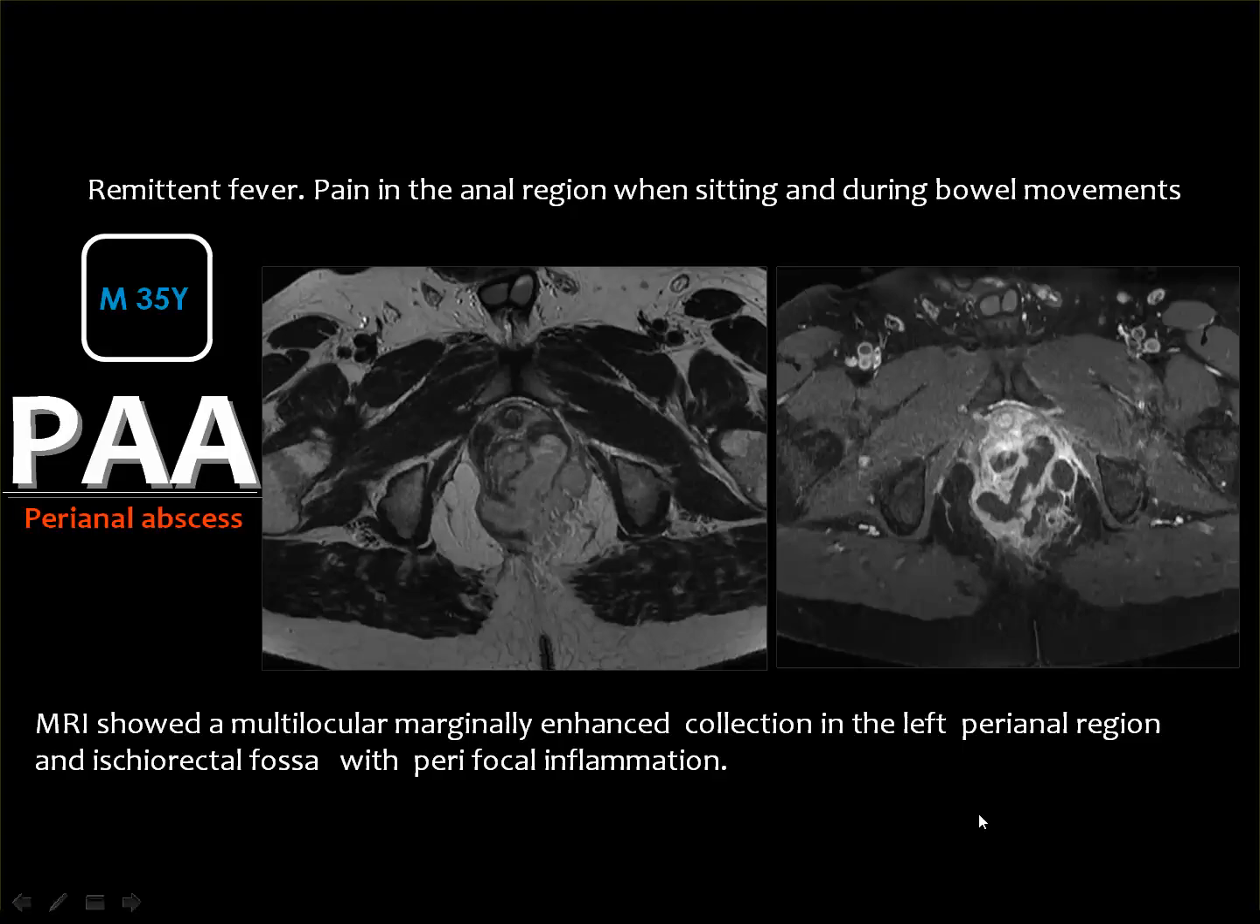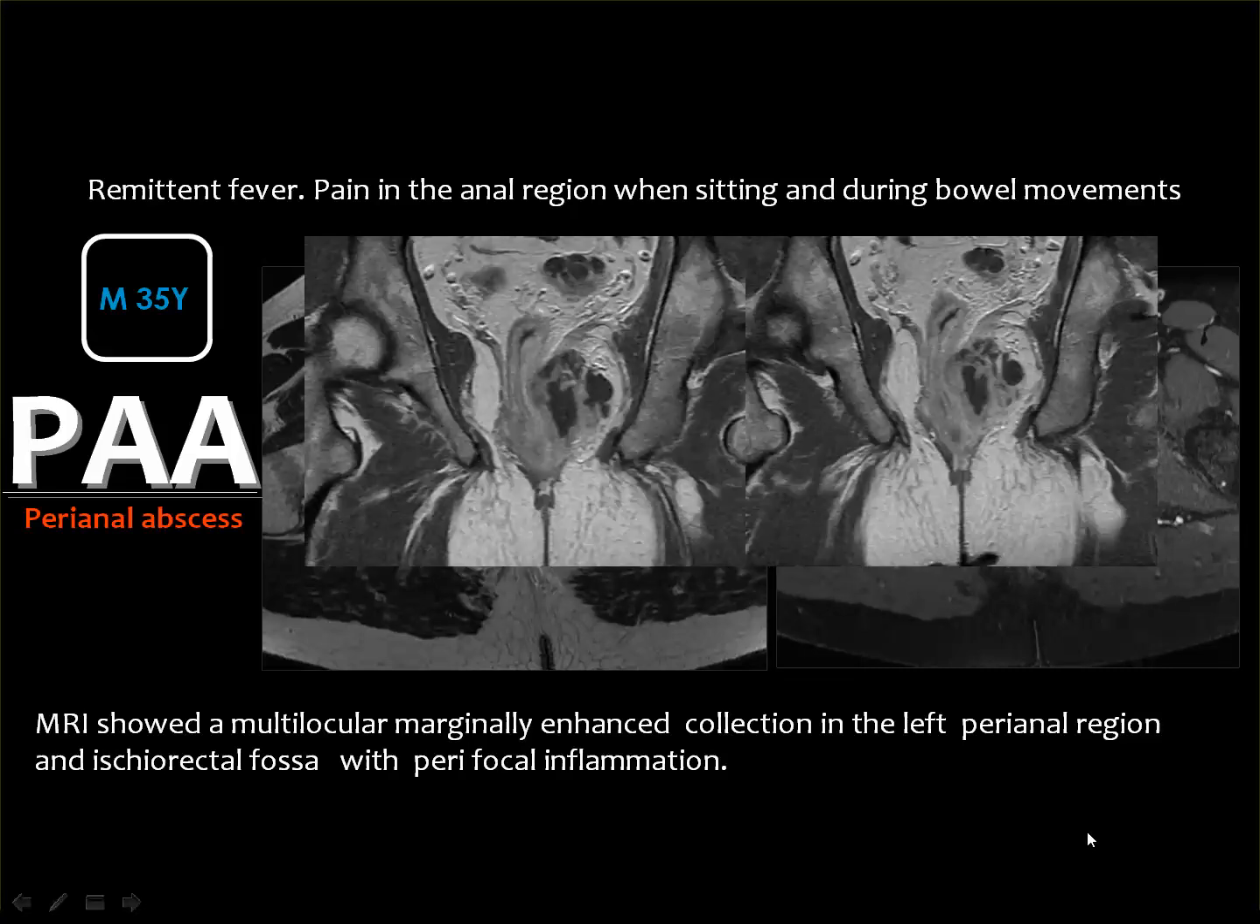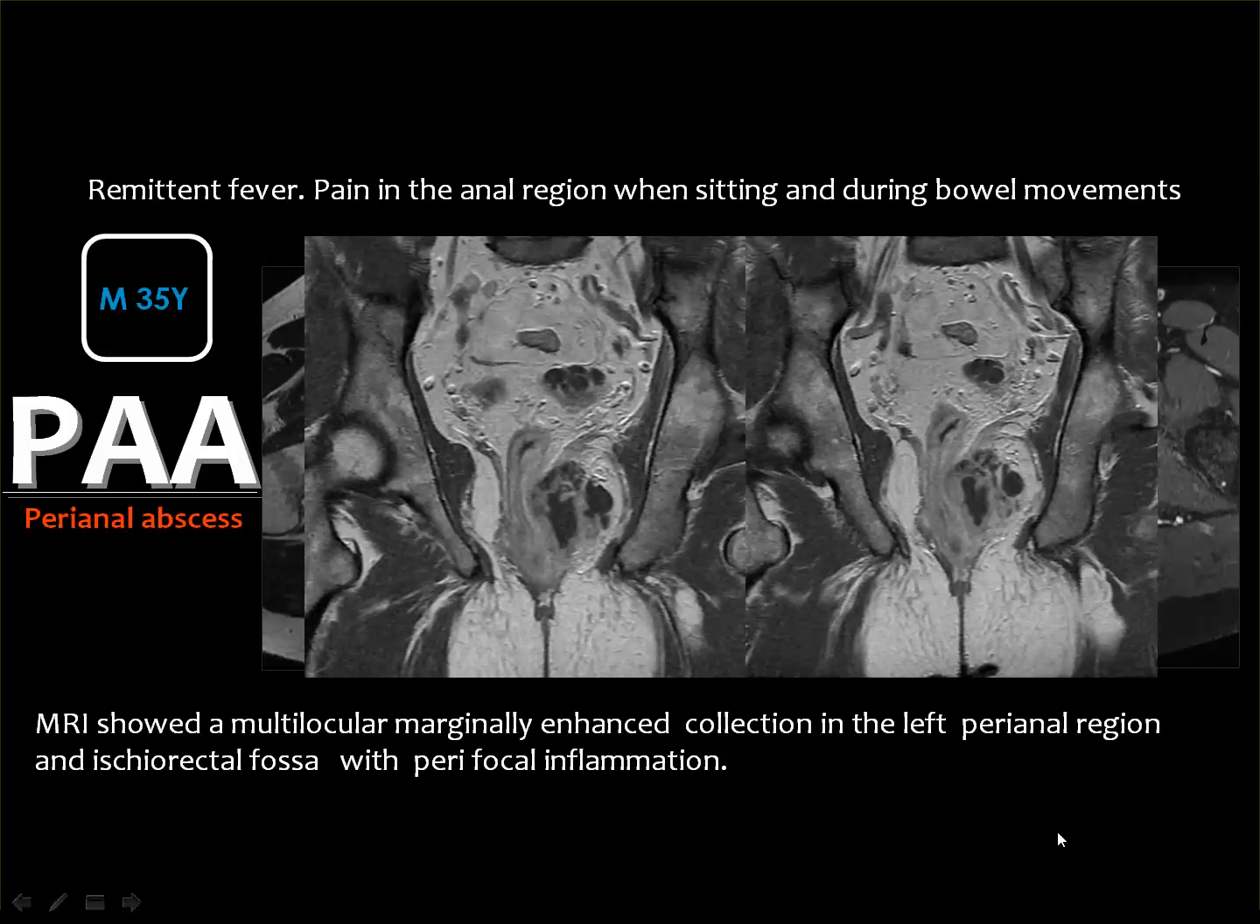And this is another example of a big abscess in the perianal area that has crossed the internal sphincter and the external sphincter as well, and extended into the ischioanal fossa. If you inject contrast, then you can see multiple loculi with marginal enhancement. And these are the coronal images, where you see that the anal canal is pushed to the right side,